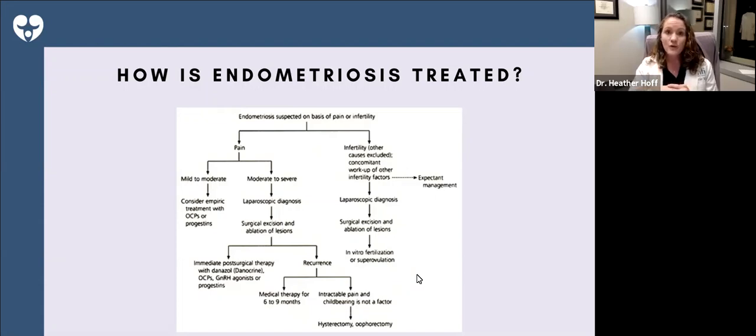In general, though, when we see women who have infertility, we many times will proceed with evaluation, and if endometriosis is suspected, there may be times when we will actually move forward into fertility treatments without doing a surgical procedure, and we'll talk about that a little bit later as well. The other option is that we do proceed with surgery, remove any of the endometriosis implants, any of the scar tissue, and then move into fertility treatment. And we'll talk about the specifics of those treatments.